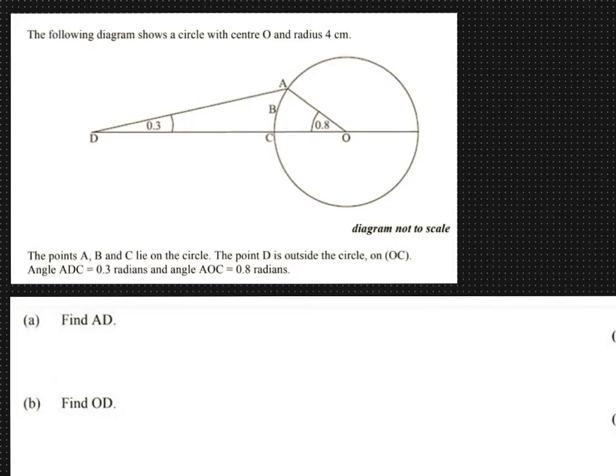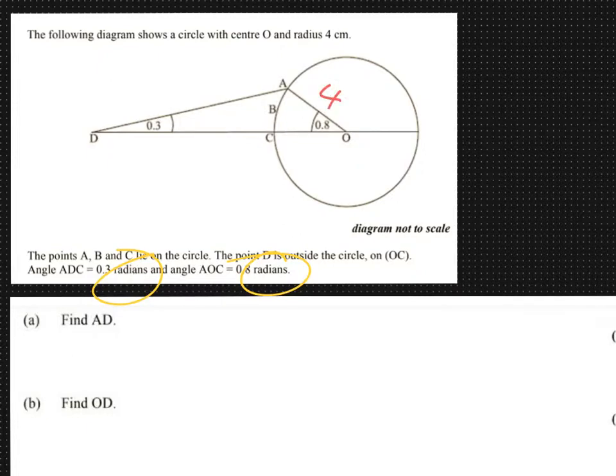In question 9, we are looking at sectors and trigonometry, and the first thing to notice is that the information we are provided gives us the angles in radians. So you're going to need to make sure that you've got your calculator set in radians, otherwise you'll get some odd answers. So we have been given a situation where we've got a circle of centre O with a radius